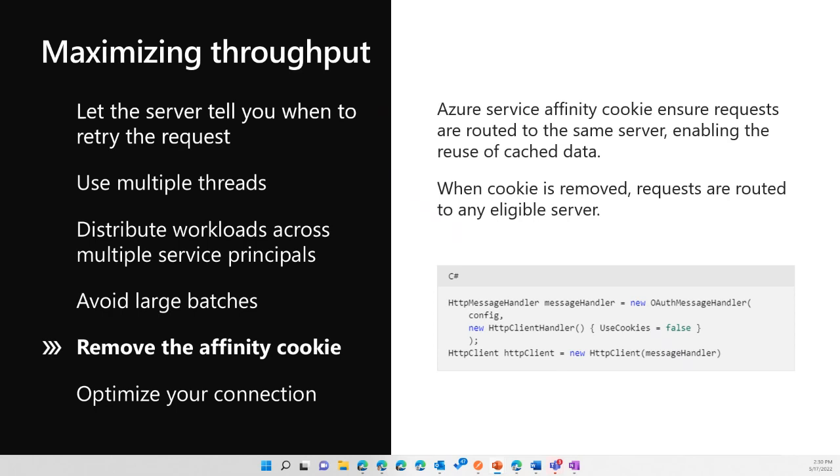So if you have 24 web servers in your environment, this cookie will make sure that your client continues to use the same single web server over and over. For some integrations, depending on your integration type, that may be ideal. That might be optimum because then you can reuse the cached data that's sitting on that web server for that integration. However, if you're doing something like bulk data integrations and you don't necessarily need to reuse cached data, you may want to remove that affinity cookie